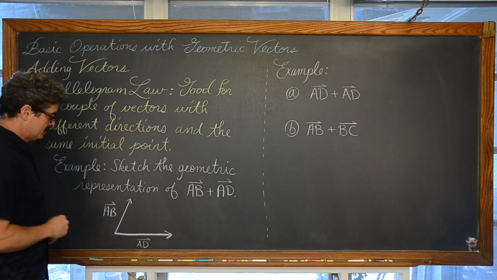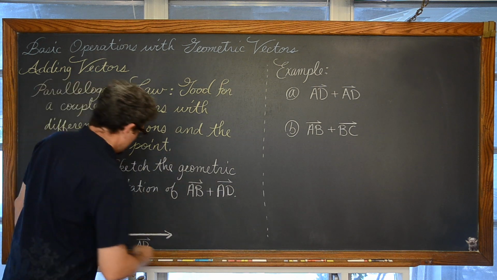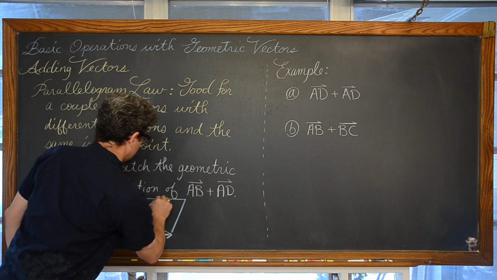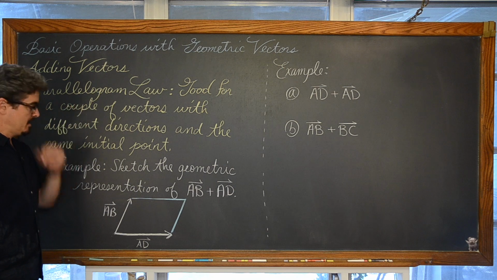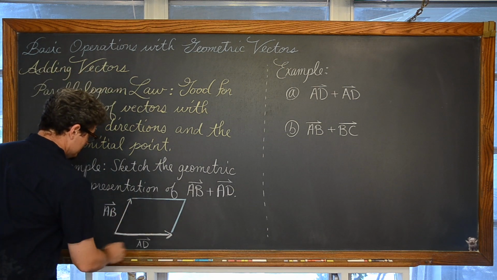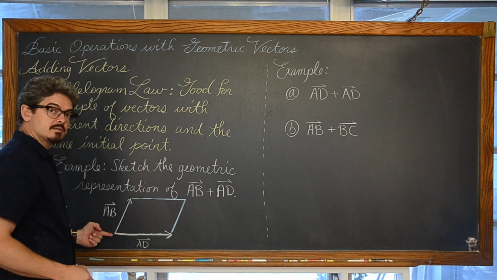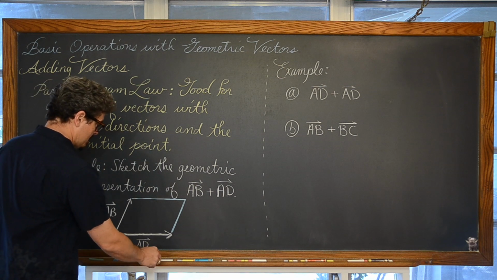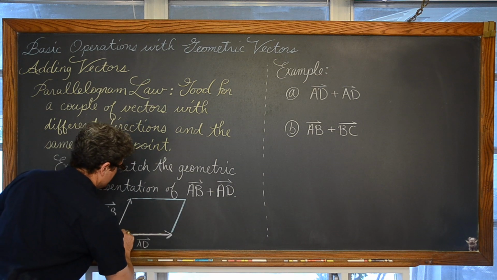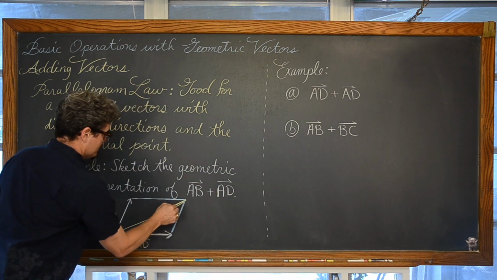Parallelogram law. So now what you do is you draw your two vectors that are sharing that same initial point, and then, the best you can, give a reasonable representation of a parallelogram, so your opposite sides are equal and parallel. And then we're going to just simply connect the dots. We're going to go from the initial point that these two vectors share, and we'll pick yellow here, hopefully it stands out on the camera, and then go diagonally through the parallelogram. Try to hit your point though, a little better than I did.